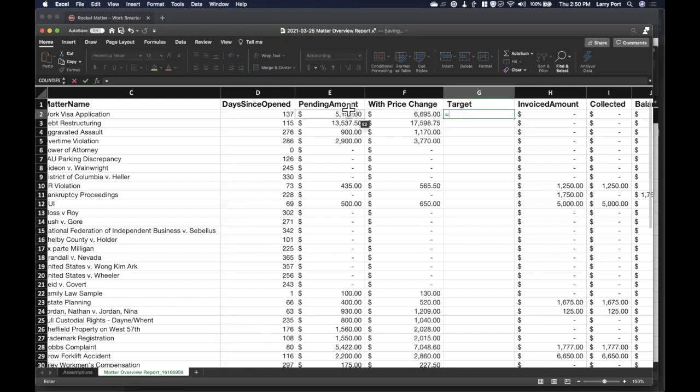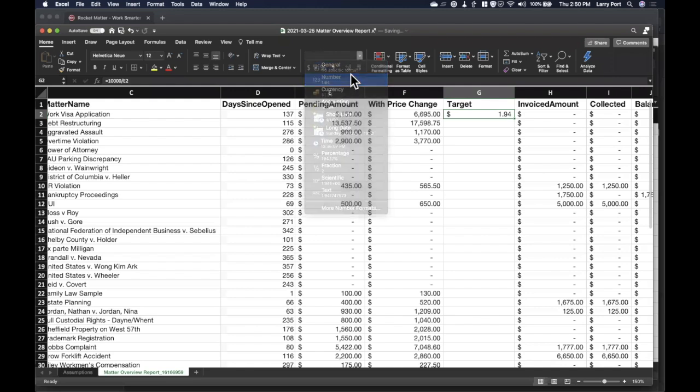I'm going to say $10,000 divided by this. I'm not sure if this is going to work. But for whatever reason, let's say I want to divide the 10,000 by E2, and let's change that to a number, 1.94.